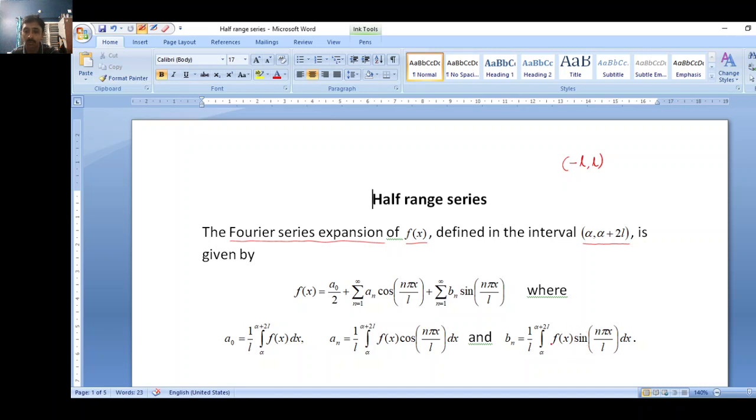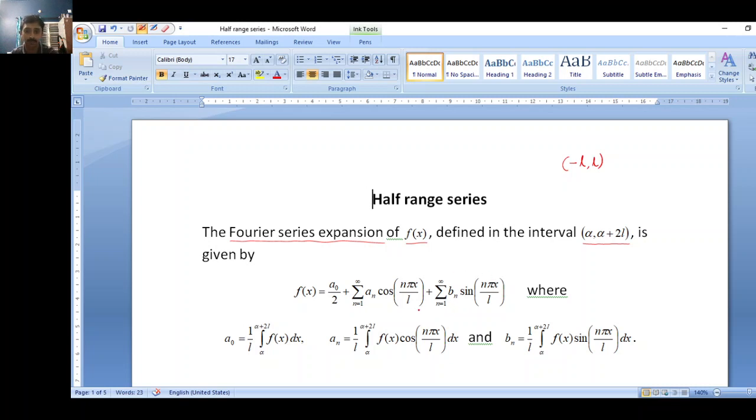The product of both gives us an odd function, so that bn becomes 0, and accordingly a naught and an will not be 0, and they will be given by 2 by l integral 0 to l f of x dx, and an will be 2 by l integral 0 to l f of x cos n pi x by l dx. So effectively, if f of x is an even function, f of x will be in terms of only a naught and an's, so that there will be no sine terms in the Fourier